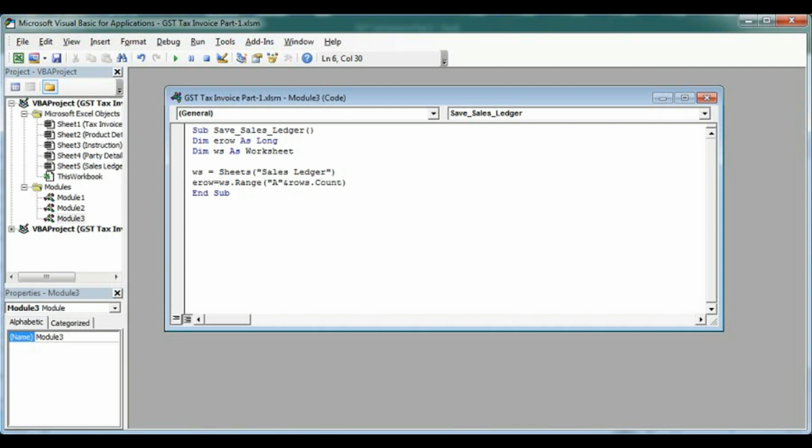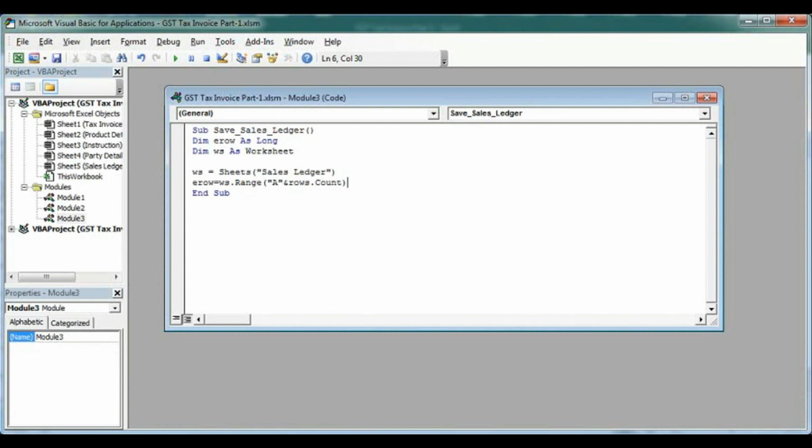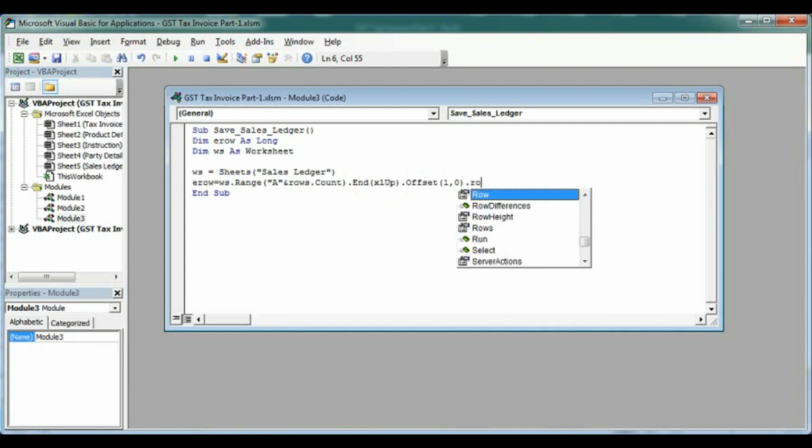So this will be the range. That means suppose this row has two values plus this one, that means 3. So it will select this one. So Rows.Count.End(xlUp).Offset(1, 0).Row.